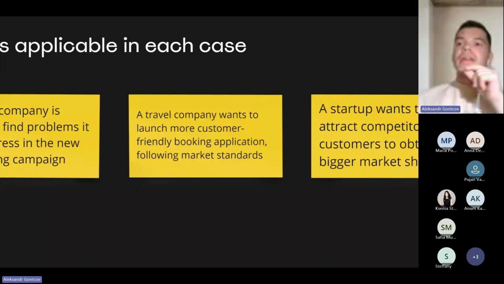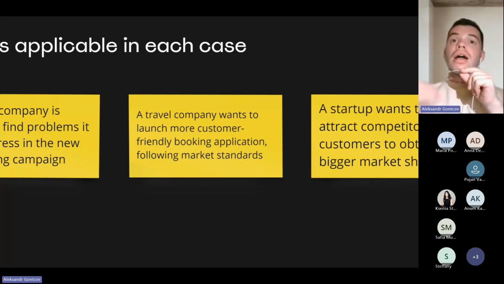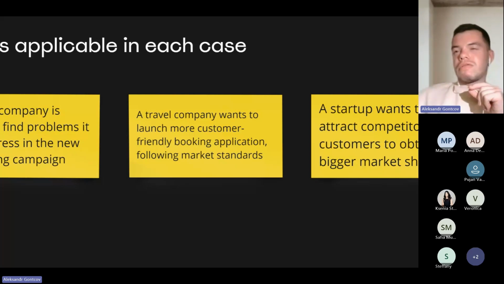They don't want to radically or just mildly change their interface. What they want to do is to make it more customer friendly, more UX friendly, user friendly, let's say that. In this case, it's better for you to just run a couple of UX tests and see where the interface works well for the customers, where it works, where it could work better, and actually based on that usability test, just make your application better.